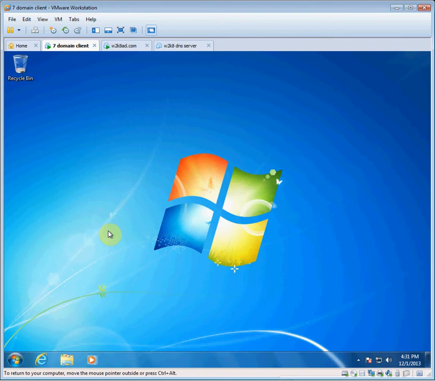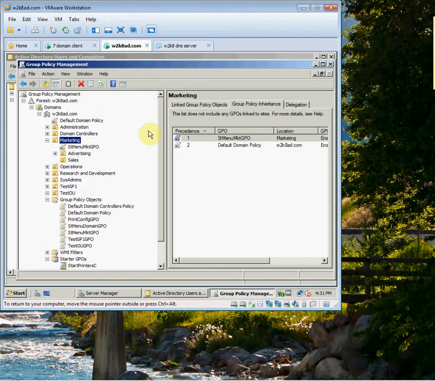enforce that GPO. So we're going to log onto our server, and we're in the group policy management console, and we're going to click on group policy objects. Okay, this is group policy objects. We're going to create a GPO in this folder named start menu domain GPO using the start menu starter GPO you created earlier. Okay,